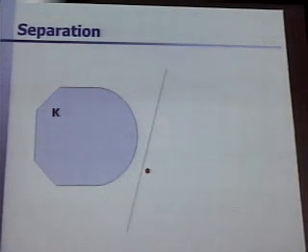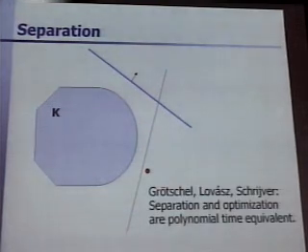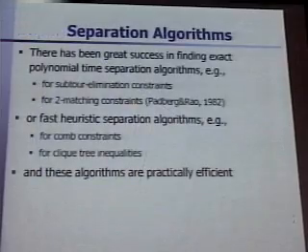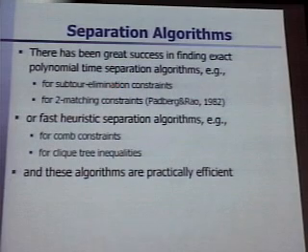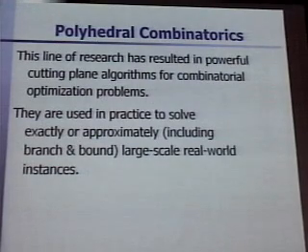There's another one. And here is the objective function, and Schrijver, Lovász, and I proved that if you can separate in polynomial time, you can optimize in polynomial time. And so separation and optimization are inherently connected via polynomial time algorithms. And that is the secret behind this approach, which I will not give you in detail. And there has been great success in finding polynomial time algorithms for various classes of facets of the traveling salesman polytope, and very good heuristics. And they're all practically efficient, and that's why they are used in practice. And there are powerful algorithms that now solve these kinds of problems, and I will show you now.